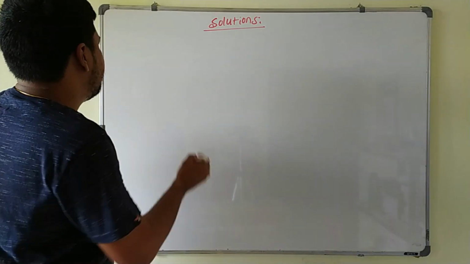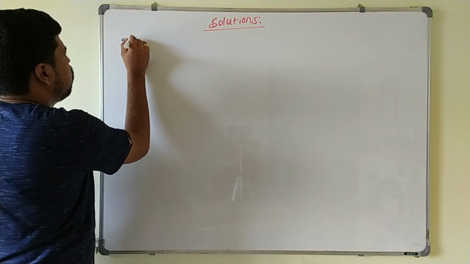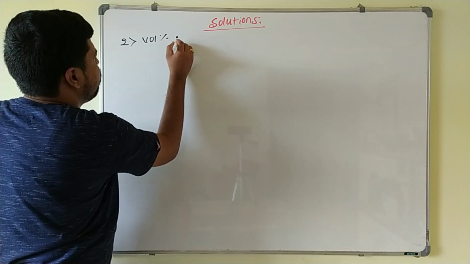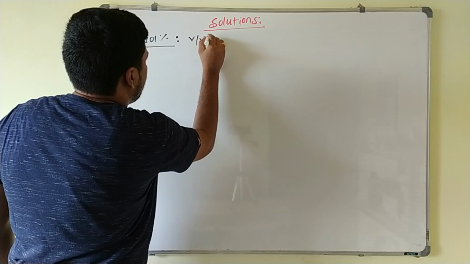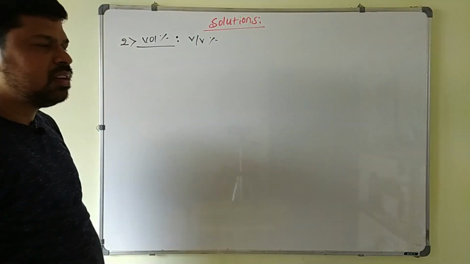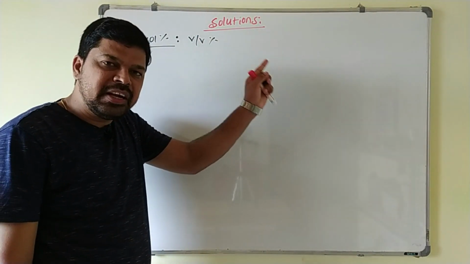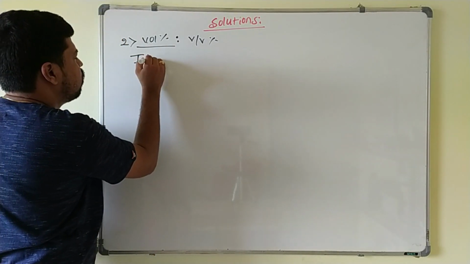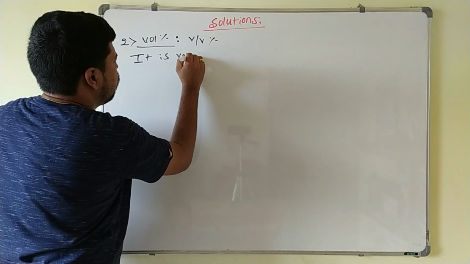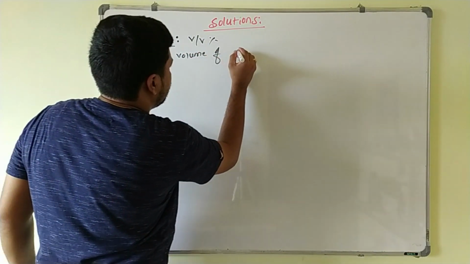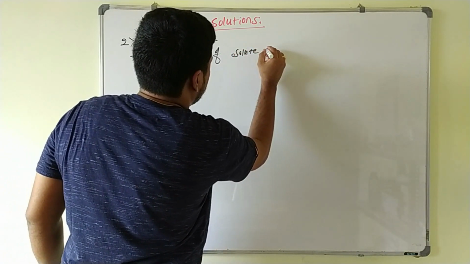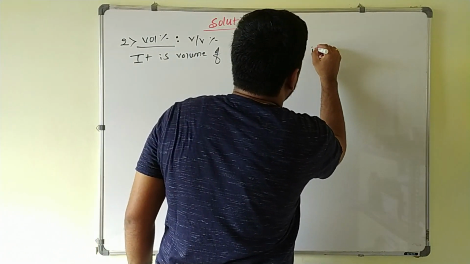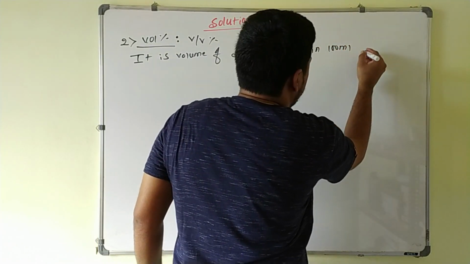So the second one is volume percentage. Volume percentage symbol is volume by volume percentage we can write here. So it is the volume of the solute present in 100 ml of the solution. It is volume of solute present in 100 ml of